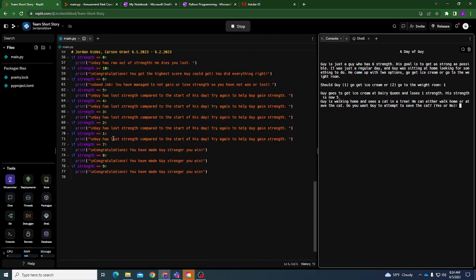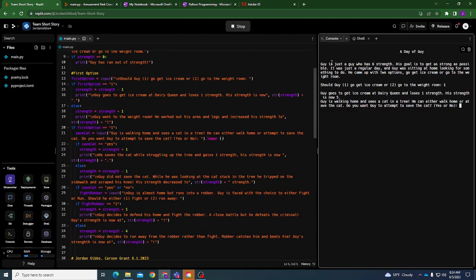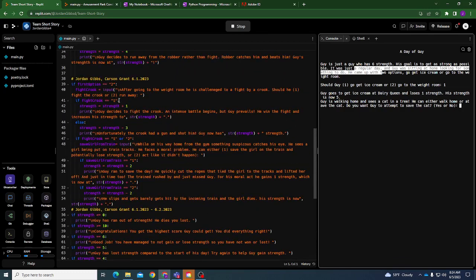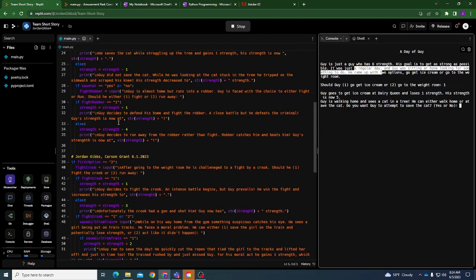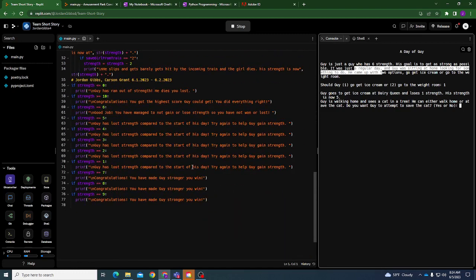And at the end, if he has a certain amount of strength, see at the beginning it says his goal is to get as strong as possible. So according to what decisions he makes, if his option equals a certain option, then he gains or loses strength.